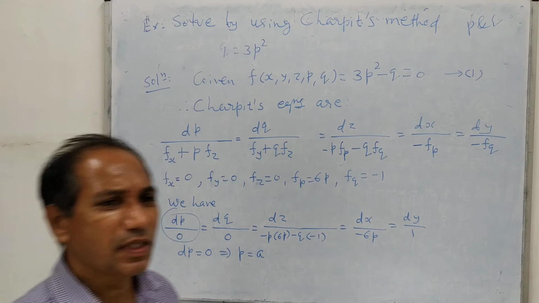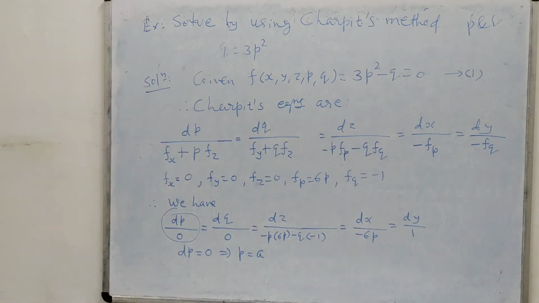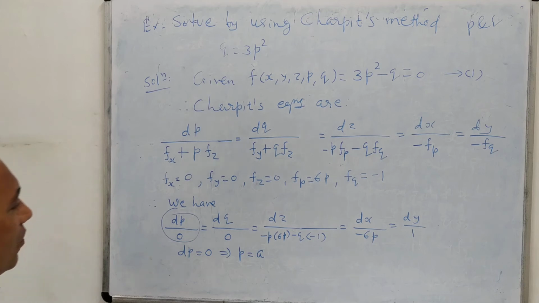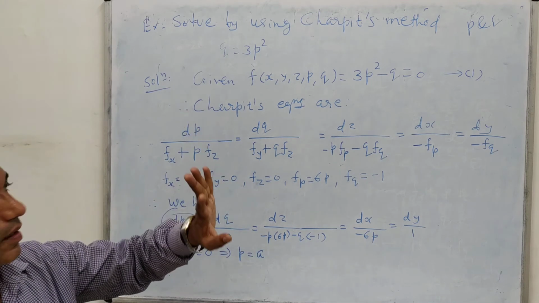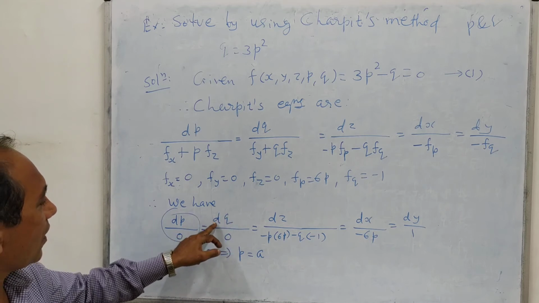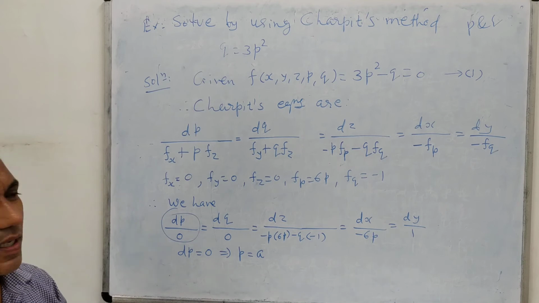You can also put c or c1, c2, c3, or I can also write the constants as a, b, c like this. So p equal to a. Now we want to find out the value of q. P is obtained. Now it is required to find out the value of q. Don't try to find it by taking dq equal to 0 in the same way, because you will get